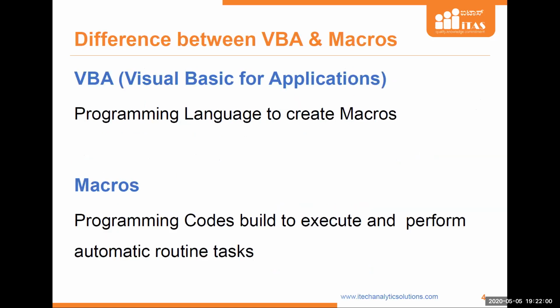Let me tell you what the difference is. VBA, Visual Basic for Applications, is a language, whereas a macro is the program written using it. Whatever programs you write using the VBA language are known as macros. VBA is like a script. You require some language for giving instructions, and that is VBA. So when I say VBA macros, those are programs written using VBA. That you have to understand.